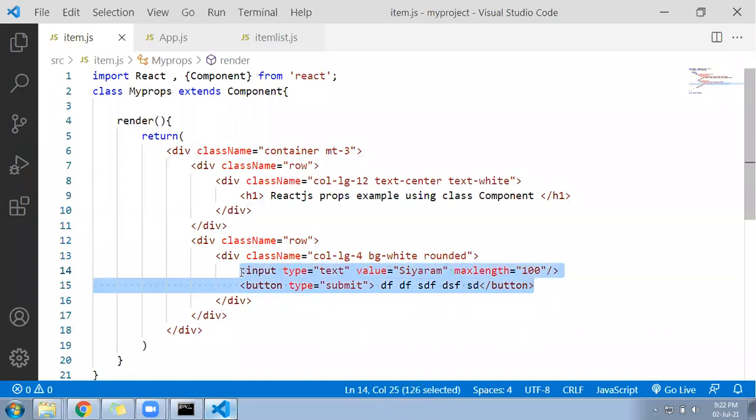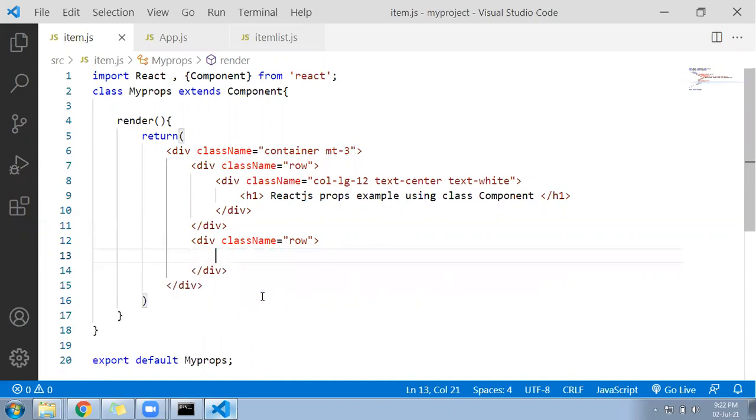Now what is the meaning of props in React? That is our main target, right? So let's go ahead and understand that. React has given a very powerful feature called props. With the help of props, you are going to pass data from one component to another component. Here, class name is predefined, but we can create our own property. We can create our own props, and there we can give our own value, which we are going to learn. Okay, so let's go.